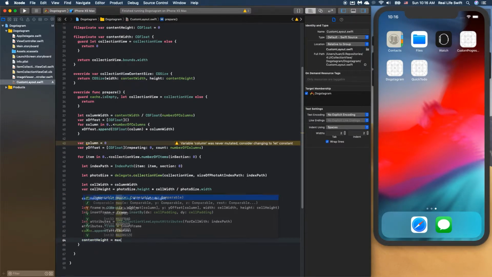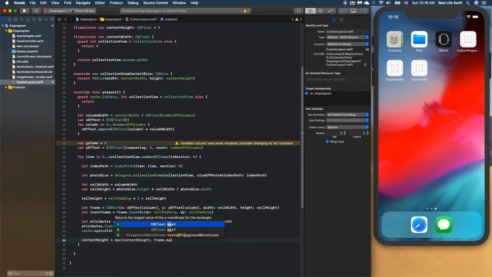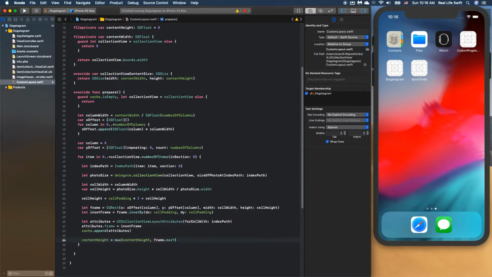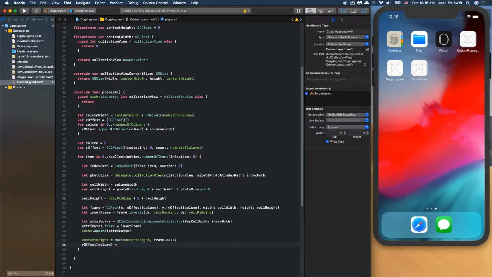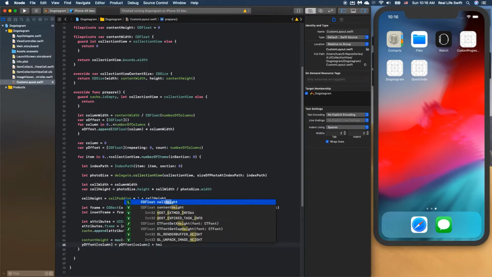It will be equal to max of the current content height and the frame max y, and we have to adjust the y offset of the column. It will be y offset of column plus the cell height. Okay,